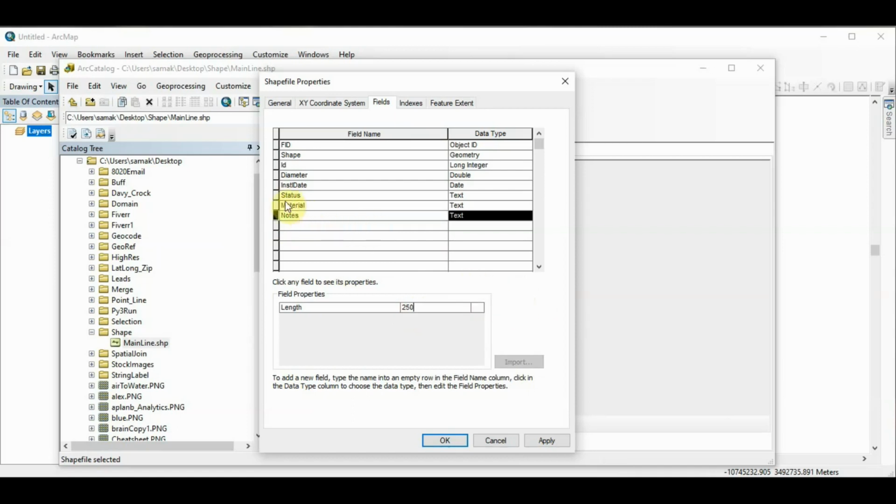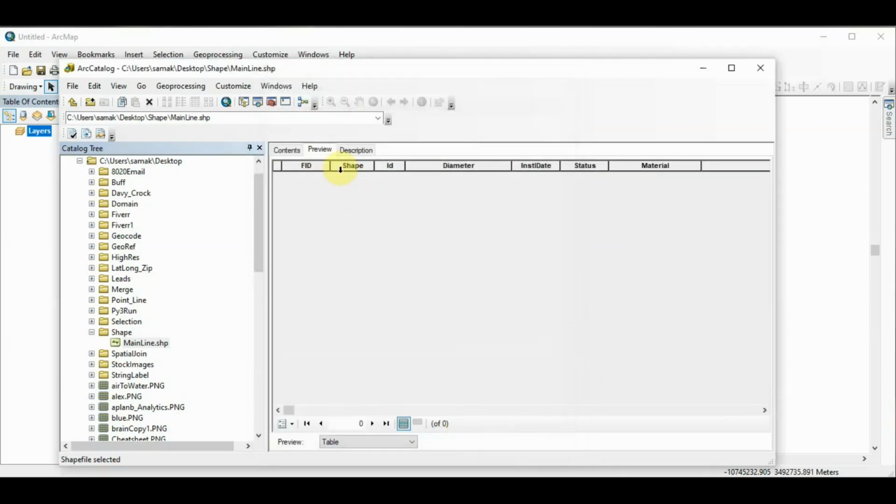Another thing that you may want to do at a later point is to make sure that the status and material don't have typos. You can change these into a domain so that people who are entering the information don't have to type. They can just have a drop down list to pick from, but that can be done at a later point. So when you're done with this, you just click OK here, and now you have all these fields that you're going to need